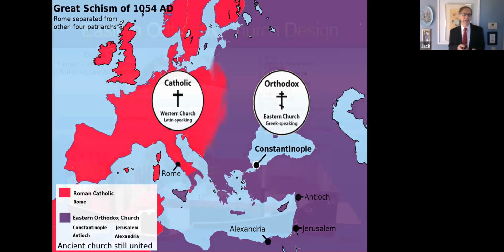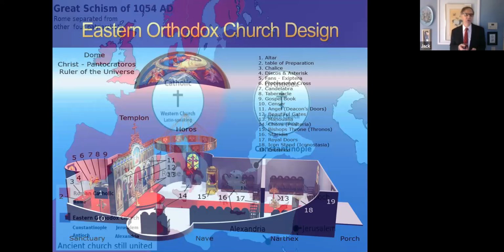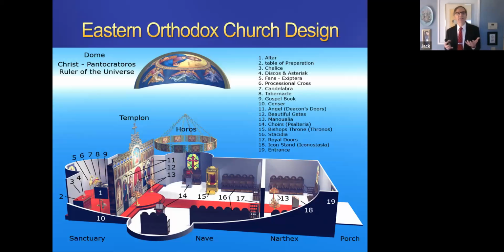So if you look at an Eastern Orthodox church, they've got a whole bunch of symbols that reflect this idea of this merging of heaven and earth. So they have these domes that represent heaven coming down to earth, and they have a chandelier, and again, that's heaven coming down to earth. They have this iconostasis, this big screen, and the priest will do different things in front, and then they go behind it to do different rituals. And this is the idea they're going into heaven, then coming back down to earth. So this idea of this merging, and that's a key concept to understand what an icon is.